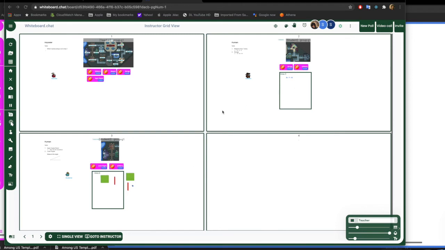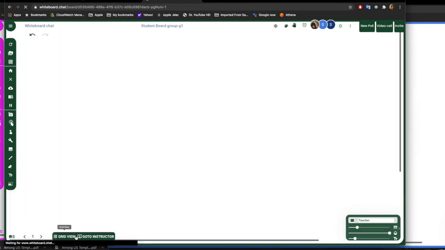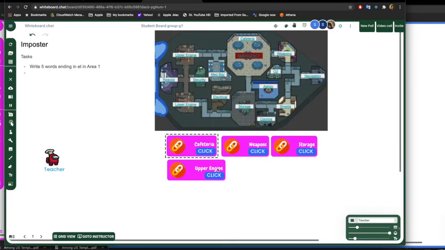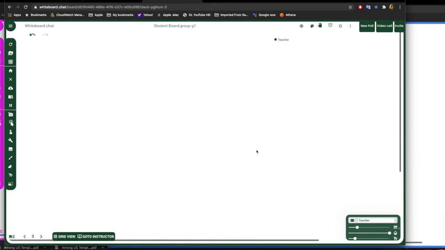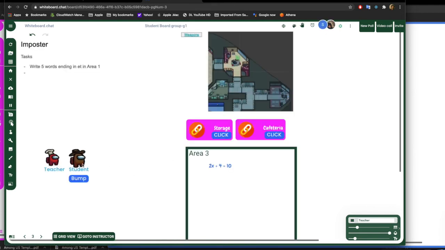And then the imposter has the ability to visit these rooms, and so this is the imposter on the left hand side, if they visit it, you can see they can bump the student. So then once they bump the student